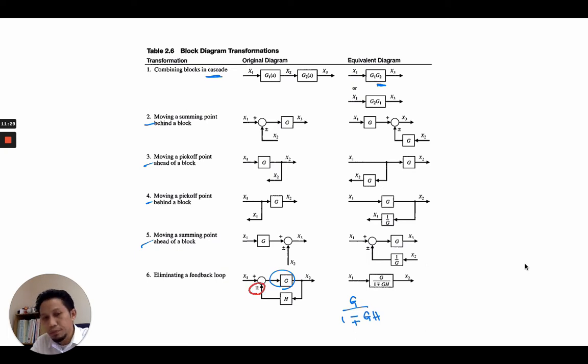Over here is plus minus, but whenever you do the feedback, what you have is minus plus. It is different from the summing junction. So take note of these signs whenever you simplify the feedback loop of a block diagram. Okay,